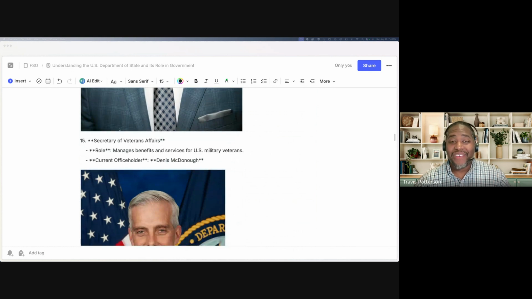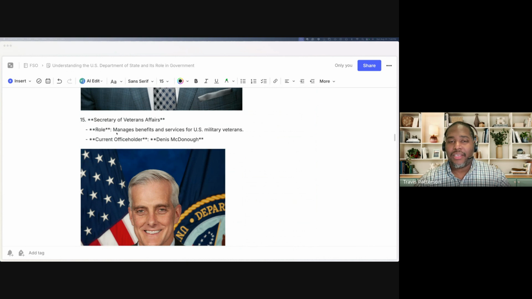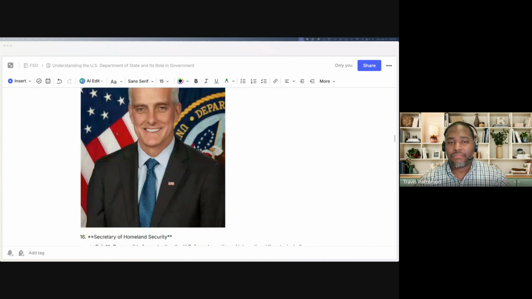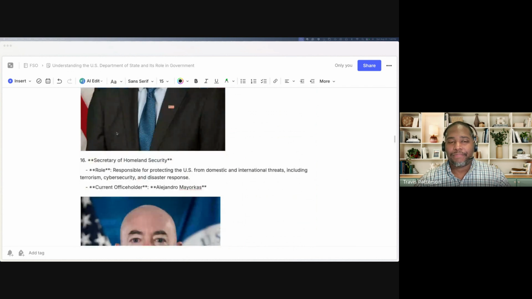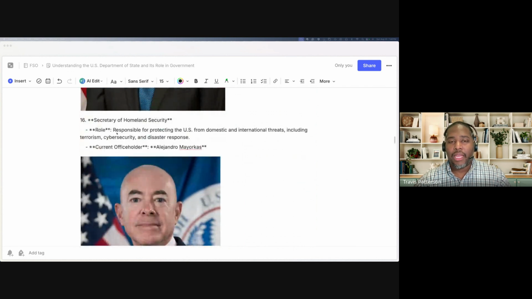Secretary of Veterans Affairs manages benefits and services for U.S. military veterans. Very straightforward. Denis McDonough. I feel like I've seen him on TV or something. Alejandro